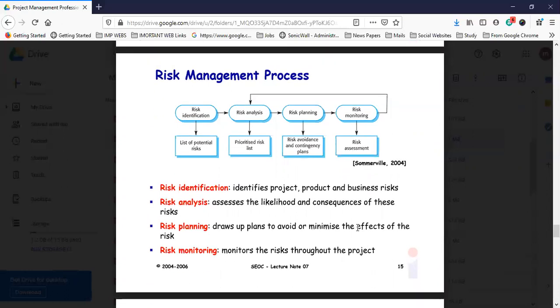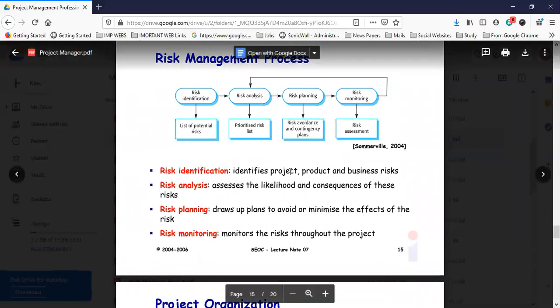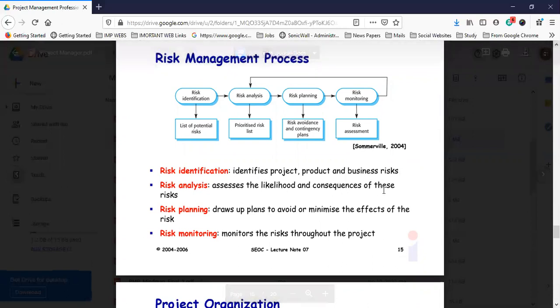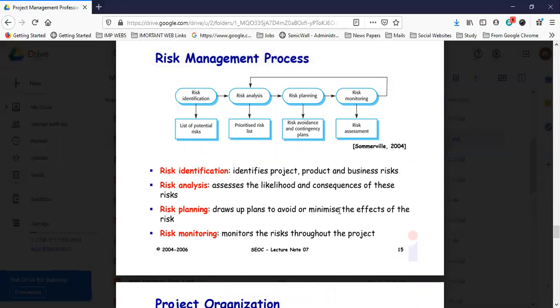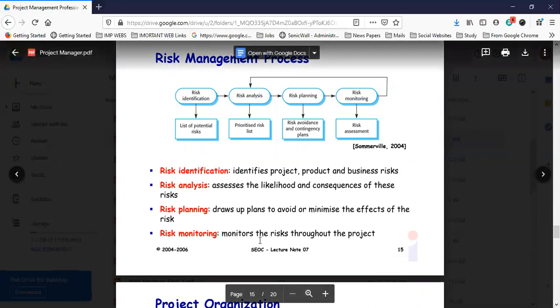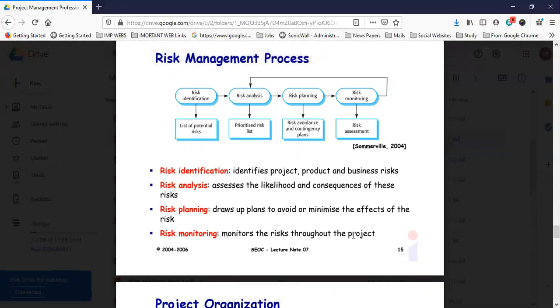So the risk identification covers project, product, and business risks; analysis assesses the likelihood and consequences of these risks; planning draws up plans to avoid or minimize the effects of the risk; and monitoring tracks the risk throughout the project.